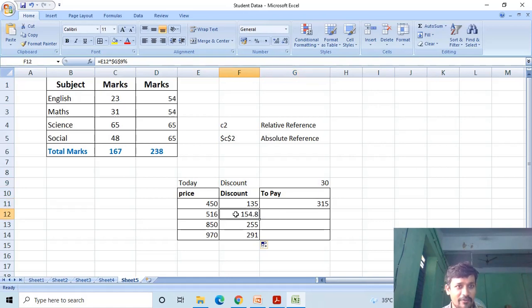If I observe the formula for the next product, E12 multiplied with $G$9. For every product, the percentage of discount is the same. The 30 percent discount is entered in cell G9. In this situation, we use the absolute references.